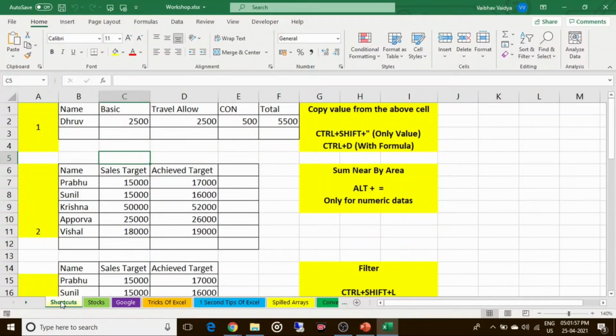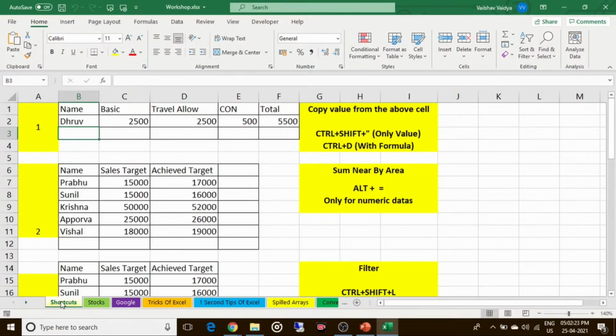Shortcuts are nothing but combinations of keys which help us to calculate, give a command, copy, turn, split, hide or delete for us. In layman's language, it helps us complete our desired work in less processing time without changing our current selection of cell. So the first thing that we are going to do in shortcuts is